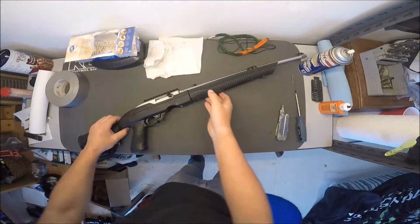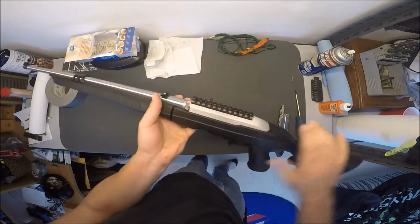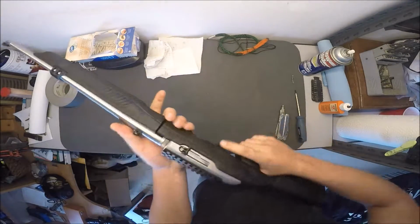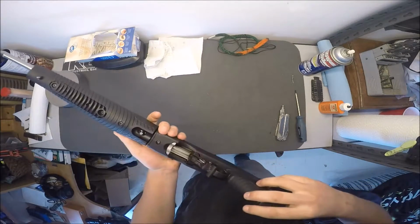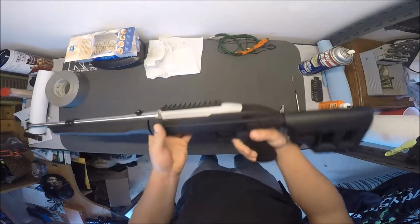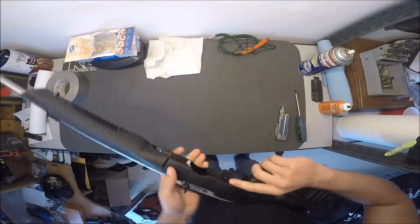Anyway, let's break down how easy it is to do this. So basically, this is a 1022 takedown. It has an aftermarket stock, obviously. It has the Takstar takedown stock, just in the black. So first things first, obviously make sure your gun is clear, no live rounds, no nothing. Make sure all the accessories are off. So if you have a sling or an optic or a bipod or something, take it off